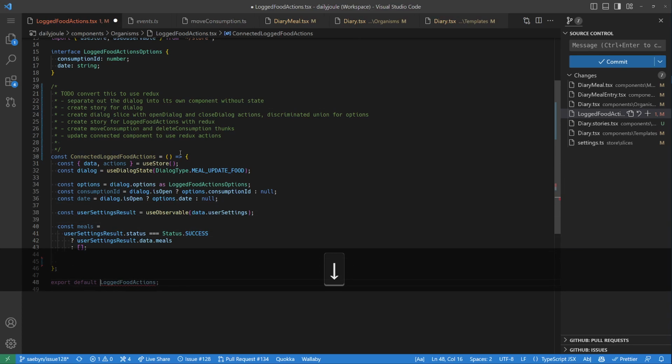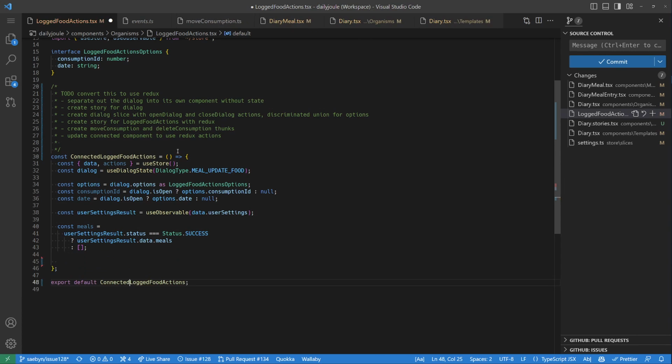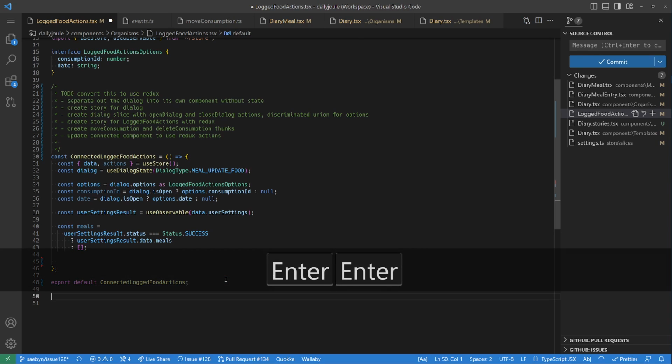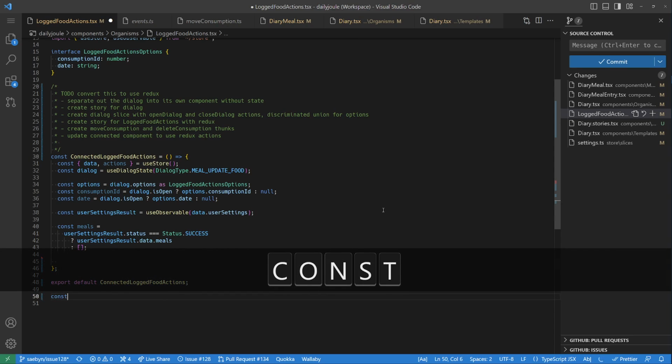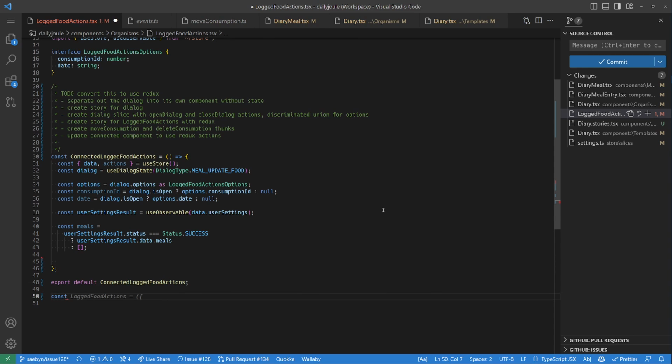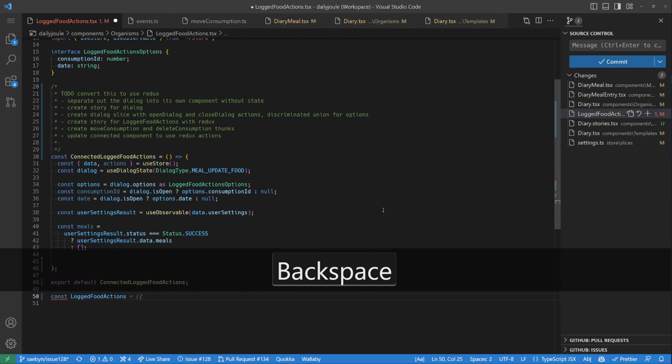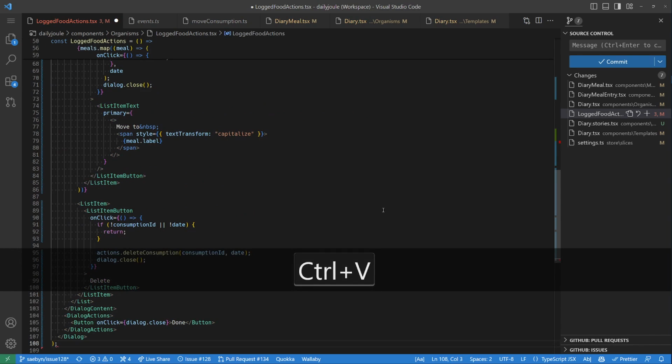One of the nice things about having effectively one component per file like this and then just using a default export is that we can call this function whatever we want. And so we can make a little wrapper function, and then we can say const LoggedFoodActions equals, and then I guess